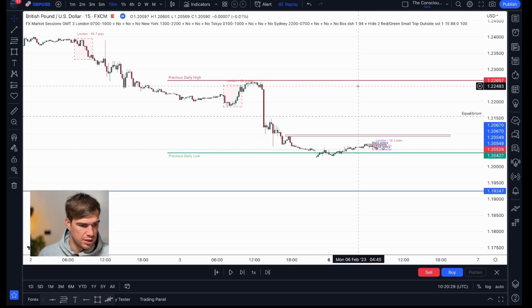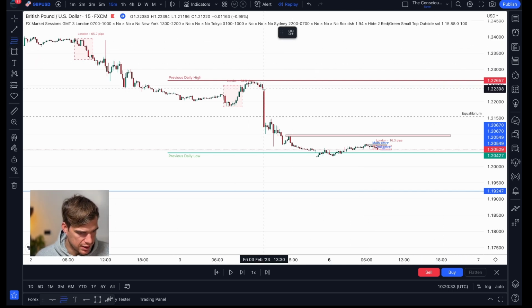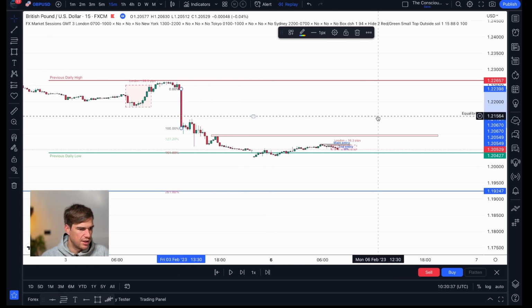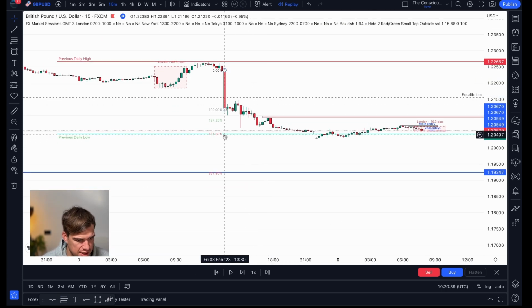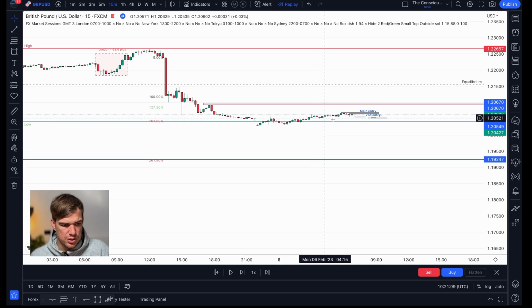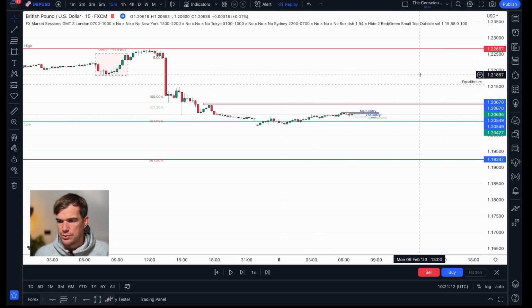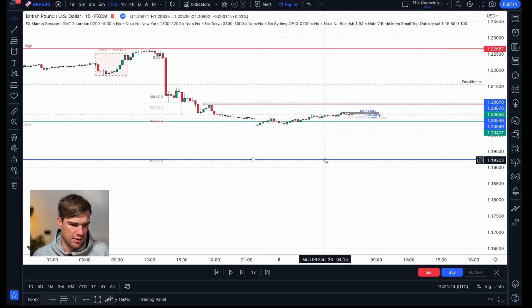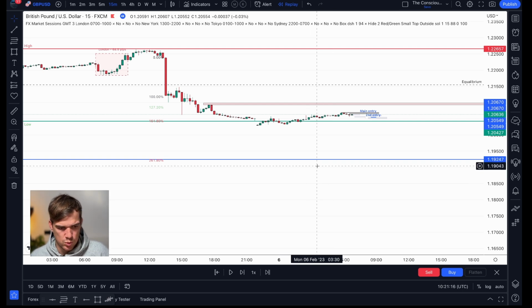Is it finished? So if we grab the Fibonacci level and drag it there, that is a 15-minute candle. We'll see that it's hovering on the 161. There's two options. The price can come back up to retest the tops or come down to the 2618.